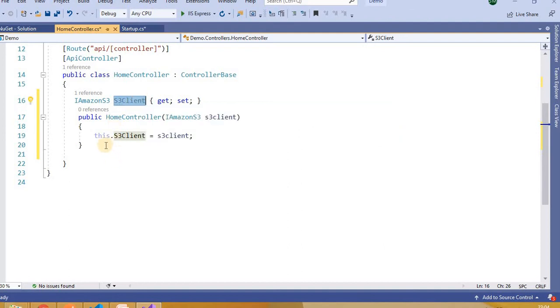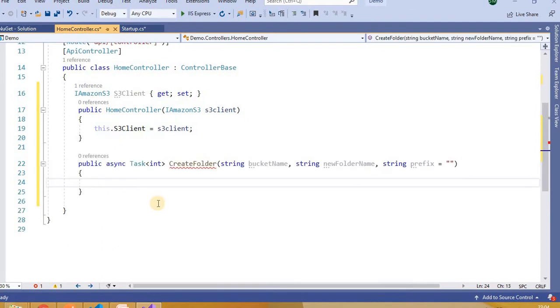Let's create one more function here. In that function, we will create one new folder inside the S3 bucket. I created one method here, that is CreateFolder, and passing three parameters to it: bucket name, new folder name, and prefix.